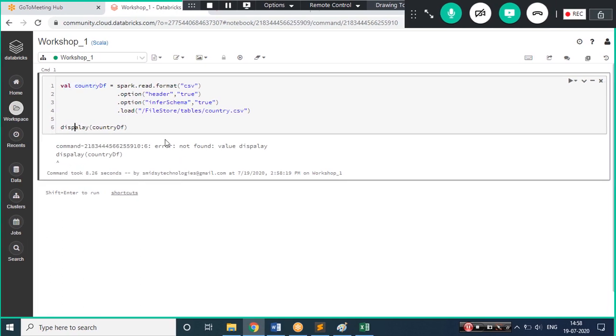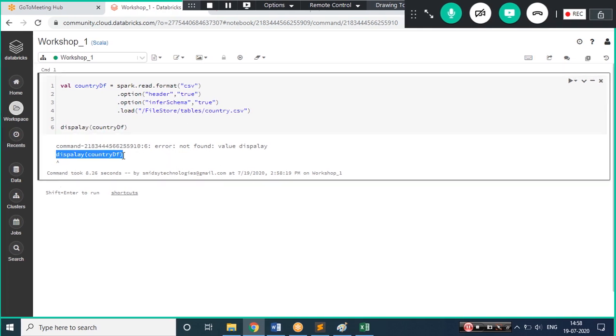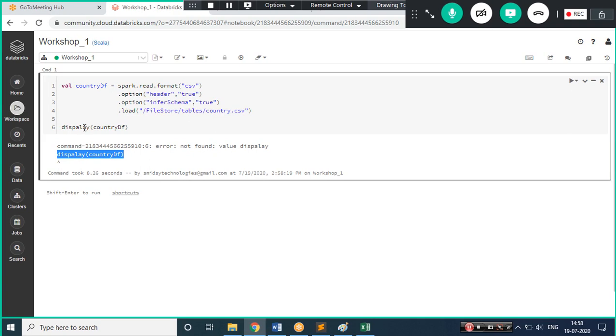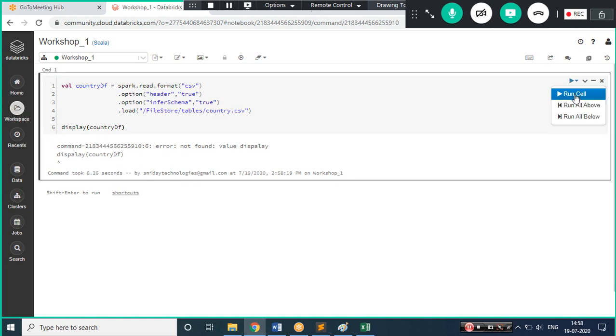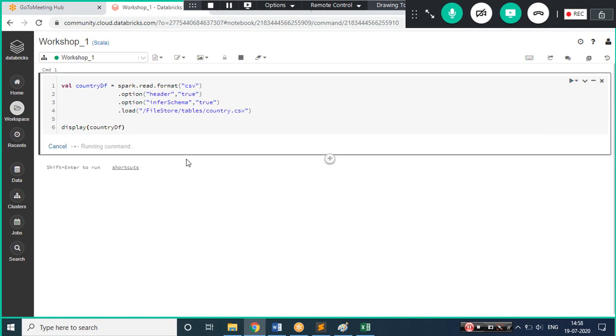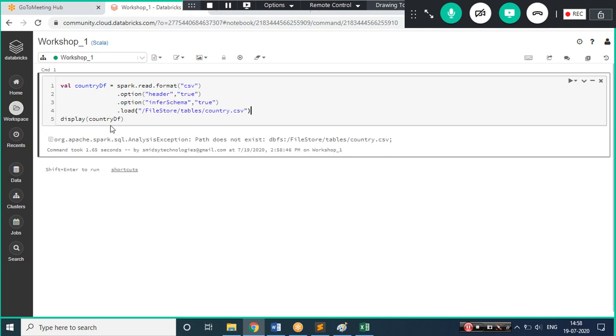Okay, there is a spelling mistake. Whenever we make mistakes, it throws certain errors, and we just need to identify them. So I have made a spelling mistake. Let me remove that. It should have been display, not whatever mistake I made. Let me execute this again. Again it is running. So why is it not showing display?